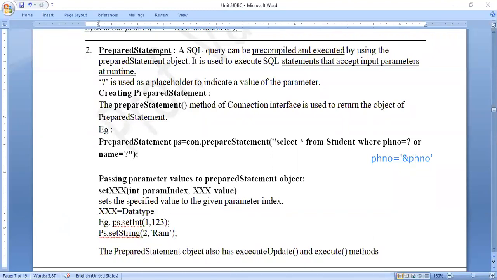So the prepared statement object is considered to be faster than the statement object because it gets ready at the time of creation only. If you know how to create a statement object, we make use of the create statement method, which is blank. That means at the time of creation of the statement object, it is something like this, if you remember. So I'm typing it for you. How do we create a statement object? We just say statement is equal to con dot create statement.